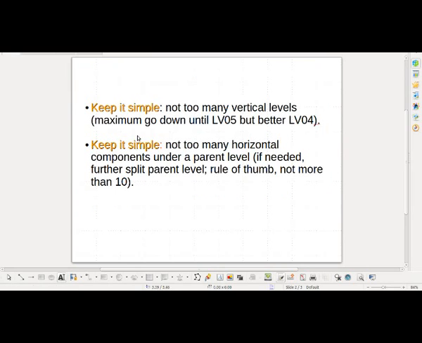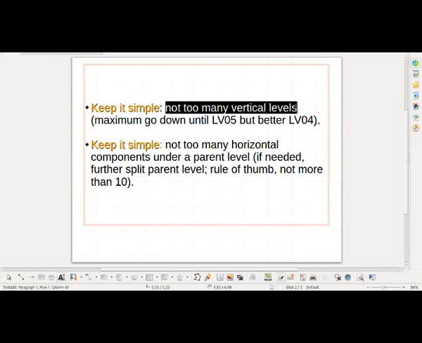Before we proceed, just a note to keep it simple. That means basically not too many vertical levels. Do not go way down onto the possible slots of functional locations from level 0 to level 7. Stop at the most on level 5, but better to stop at level 4. Don't spread out your functional locations structure too deep, because most likely you will regret it in the future